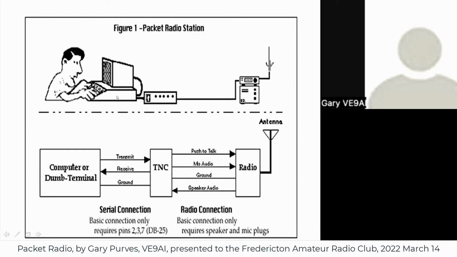This is a packet station, the first type that we used with a TNC. We had a computer or dumb terminal, which interfaced with a TNC, or terminal node controller, which controlled the radio. One of the advantages of a TNC is that it has a built-in mailbox. So you can turn the computer off, and this works all the time, and somebody can send you a message and it's stored in your TNC.